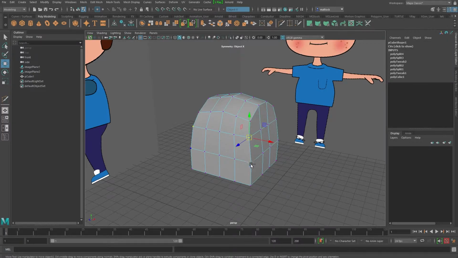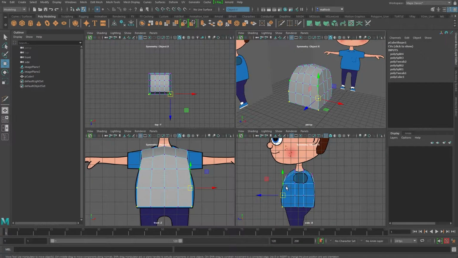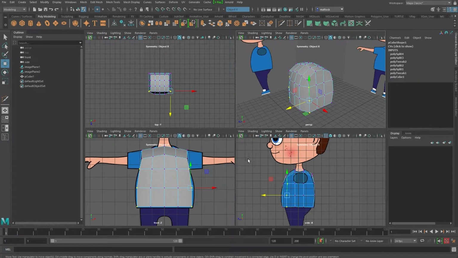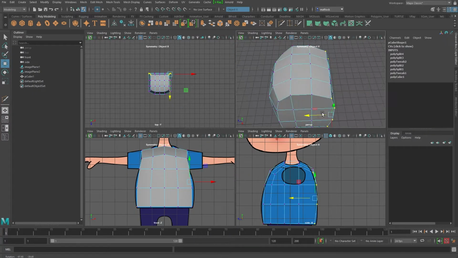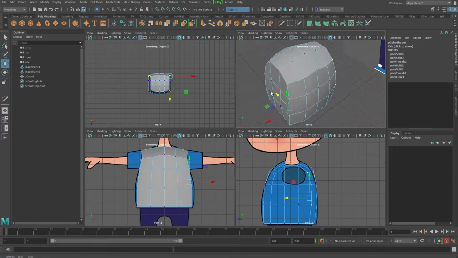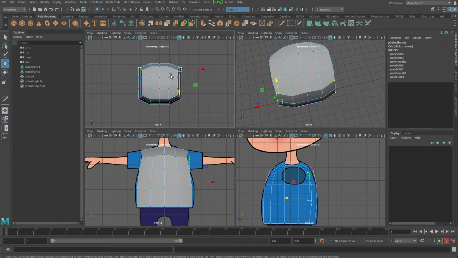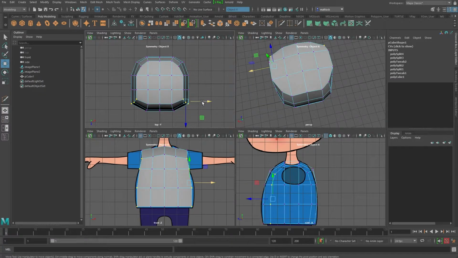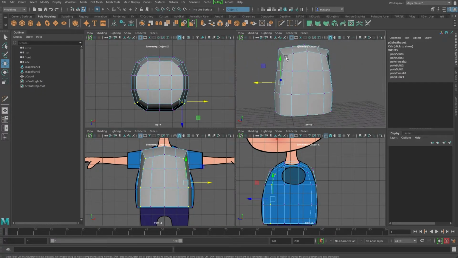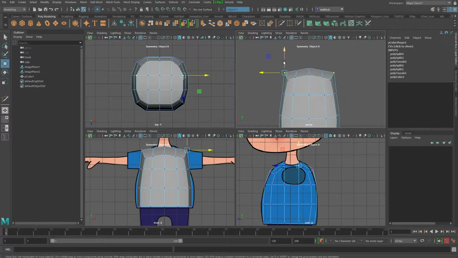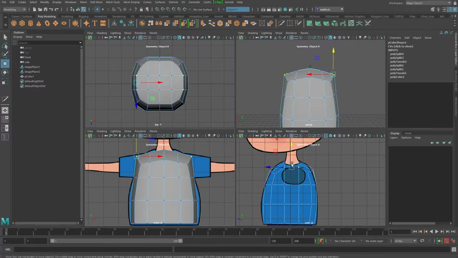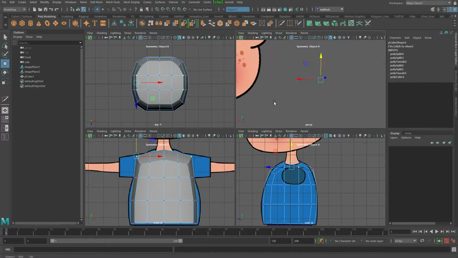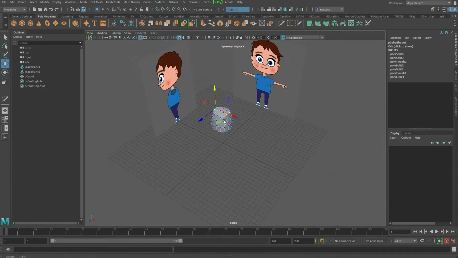I'm going to start bringing some of these forward, back, sorry, to add some curvature, as you can see here. Let's move this back a little bit. Let's select all of these ones and move them forward, just about to start a bit of curvature, and then you can see from the top, and we're just generally getting this little shape going now. Let's move the front ones, as you can see, there's a side there. Let's move this down a little bit. And eventually you'll sort of really speed up on this as well. I'm trying to go slow enough so you can see what I'm doing, and I will speed up as we go through.